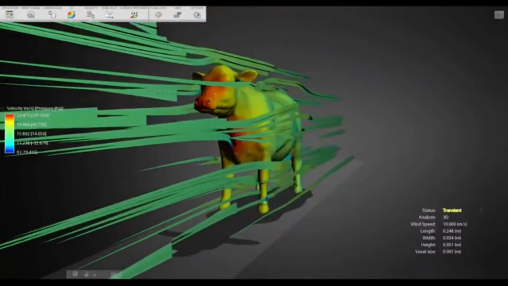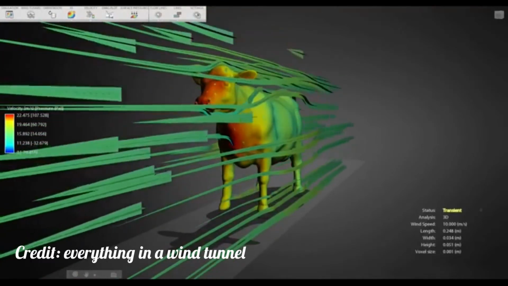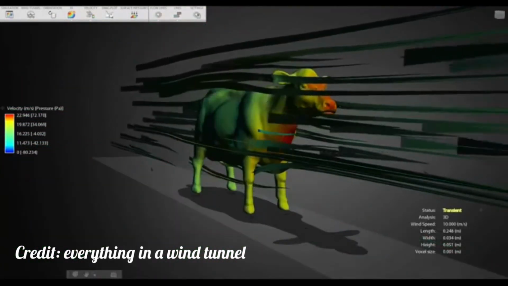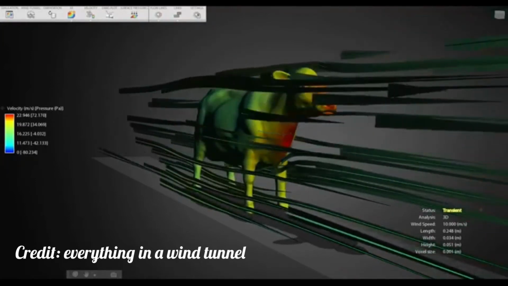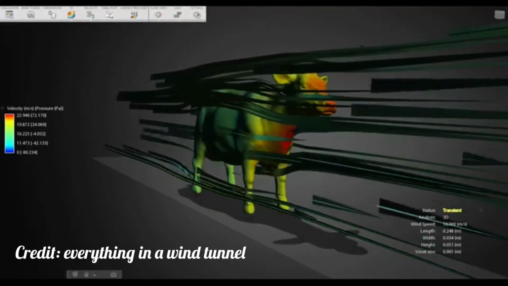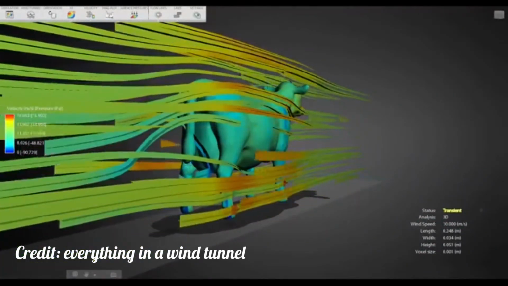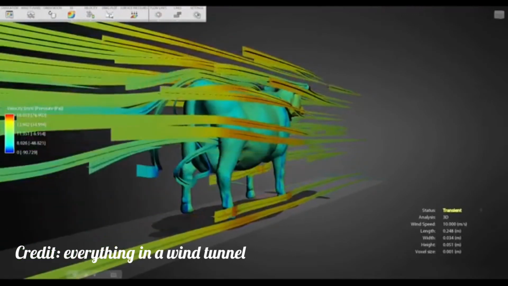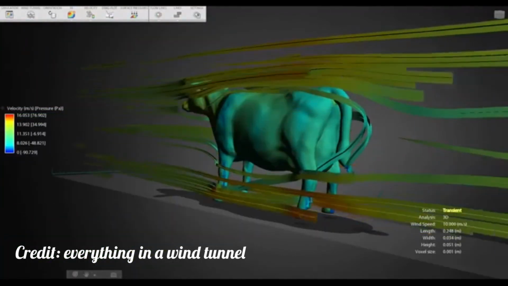Wind tunnels are large tubes with air blowing through them. The tunnels are used to replicate the actions of an object flying through the air or moving along the ground. Researchers mainly use these tunnels. There's nothing quite like placing random objects through some computational fluid dynamics software. As we can see,